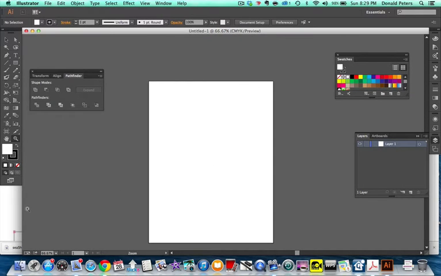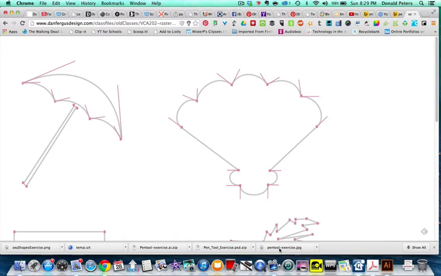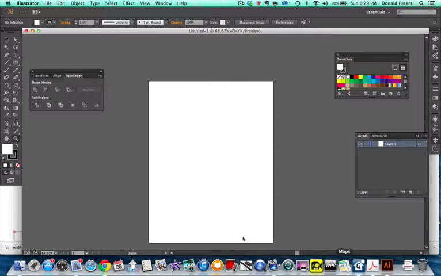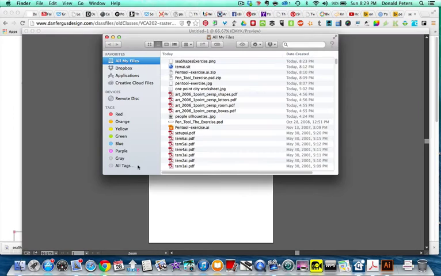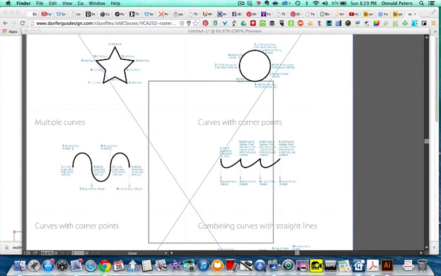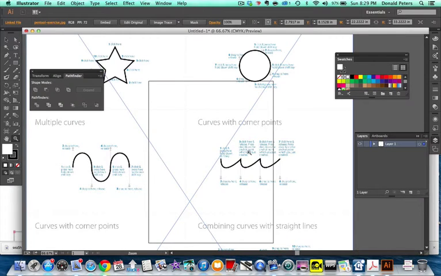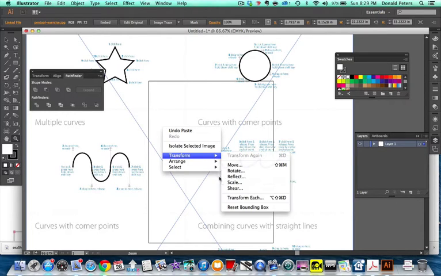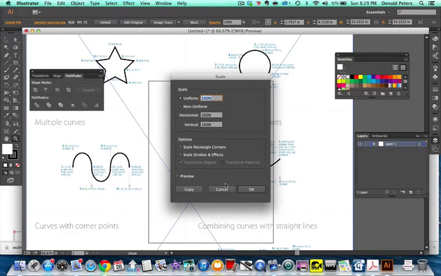Alright, so what I'm going to do is I've got this pen tool exercise.jpg. So I'm going to go on my Finder or wherever it is you saved it, pen tool exercise.jpg, and I'm just going to select your image and just drag it in. Okay? Now, this is way too big. So I'm going to right click, transform, scale, and by process of elimination here, I figured out that 35% works really good. So I'm going to type in 35, click OK,